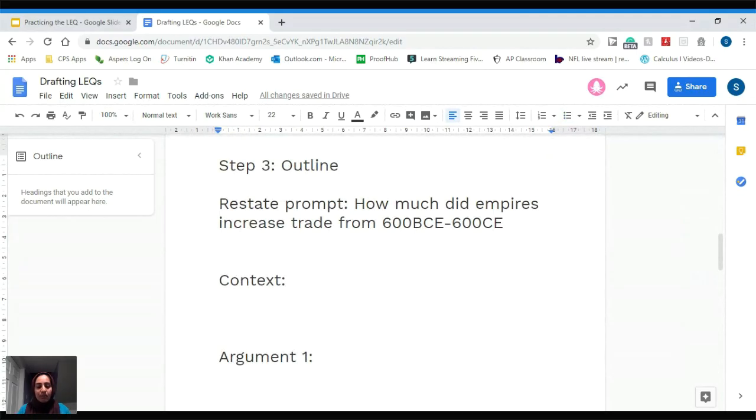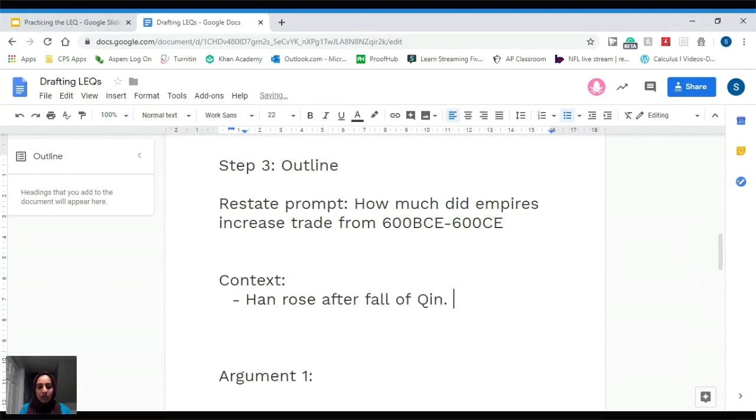So maybe I want to talk about the rise of the Han Empire. So we could talk about, let's say, when the Han came after the Qin Empire. So the Han rose. I'd go into detail on this more, because on the AP exam, just a phrase is not going to get you the point. You kind of have to go into detail on this, but for the outline, we're just going to make it concise. So Han rose after fall of Qin, went